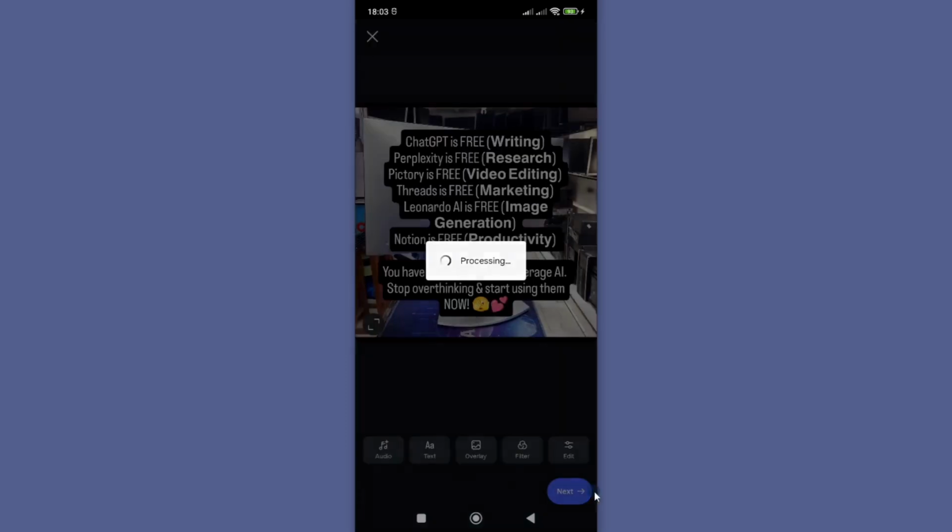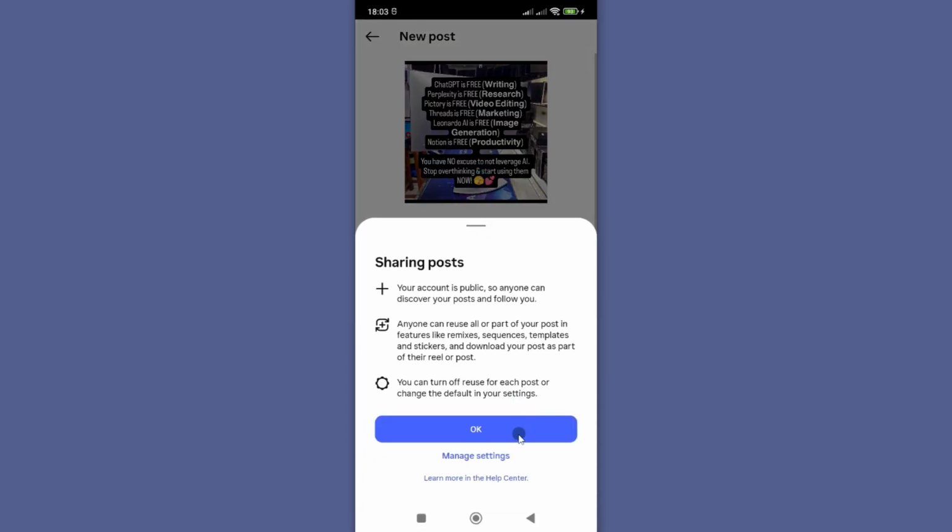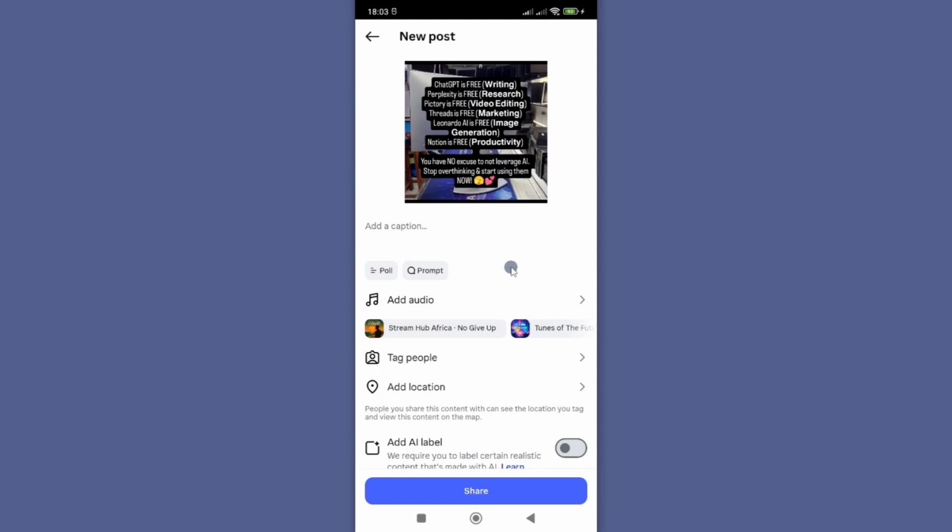Proceed and tap on next, and this will begin processing your post. As you can see, mine has been posted. However, you can see that text was added to the image. If you don't want to add the text on the image, you want it to be captioned, then for that